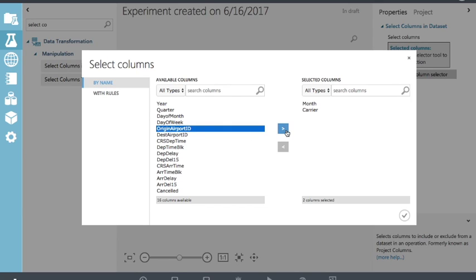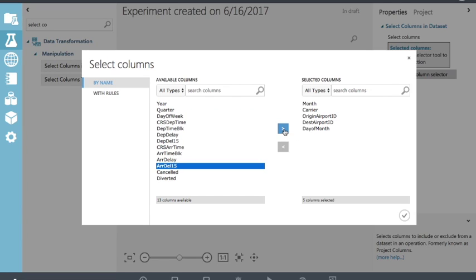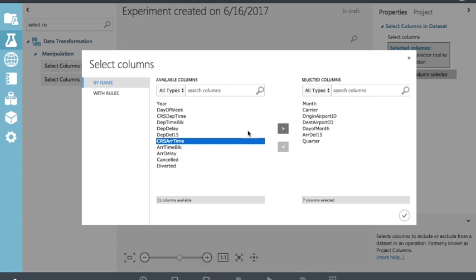The origin airport ID is really important, as well as, let's see, also the airport ID of the destination makes a big difference as well. The day of the month, yes, that makes a difference. Arrival delay, quarter. We're just playing around with the columns to see